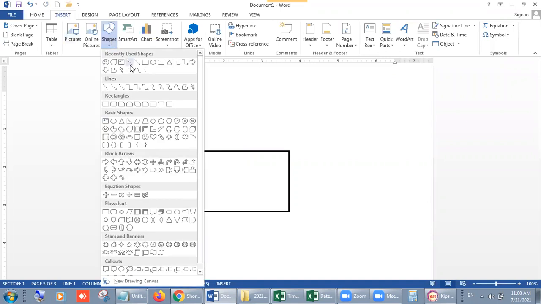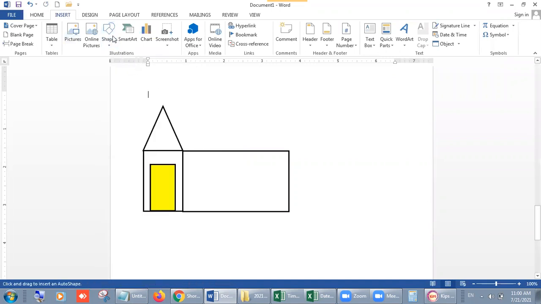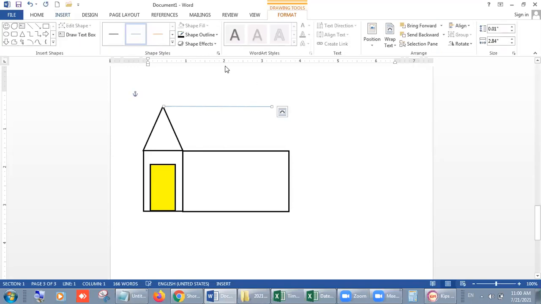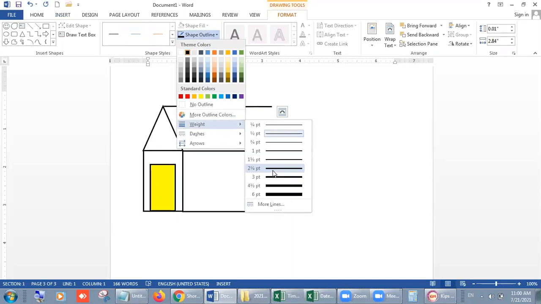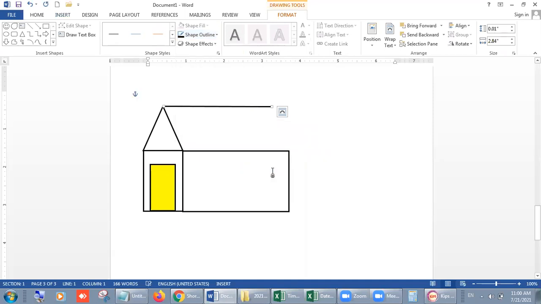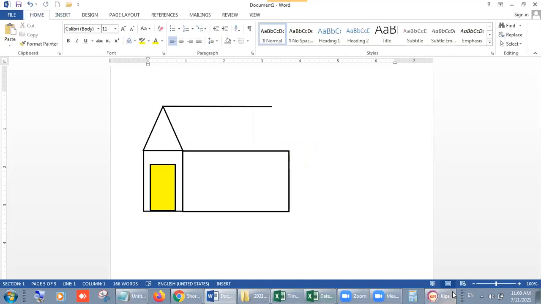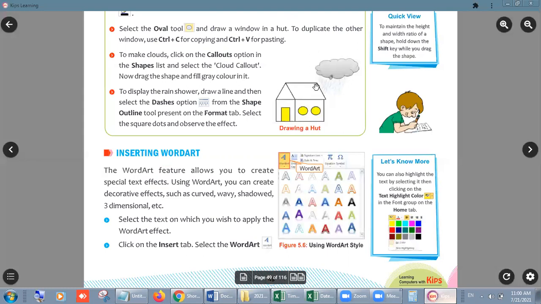Go on shapes, choose line, line tool. Look beta, change the color of it and change the thickness so that it can match with another data, right? Now this line will come, this line.